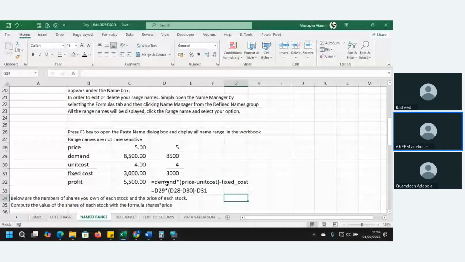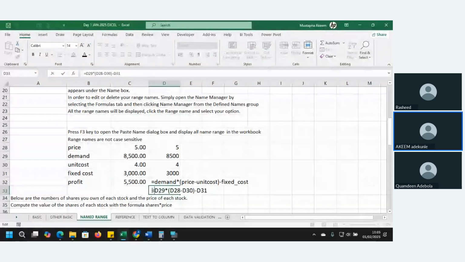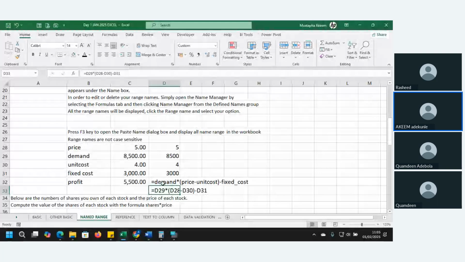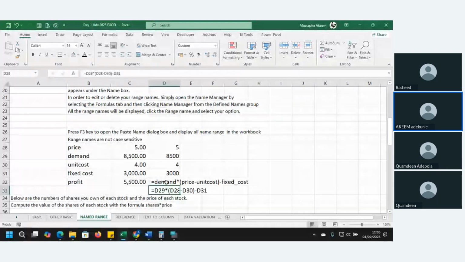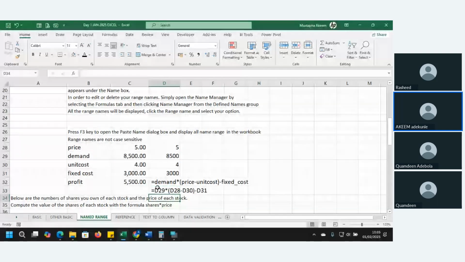Okay, it's easy. But somebody looking at D29, D28, D30, D31, D32, all those D numbers don't make easy sense unless you click on it and check which one is D29, which one is D28. Before you do that, the person who named the cells, or who is using the named cells, will quickly understand what is happening. So the person using the formula will quickly understand what it means. That is the essence of using a named range.